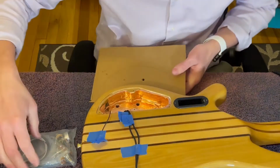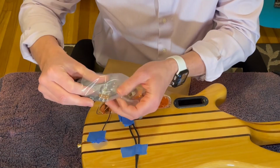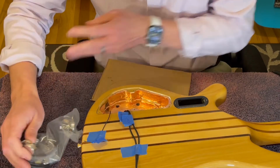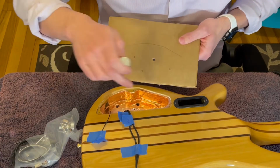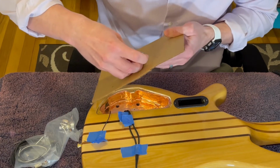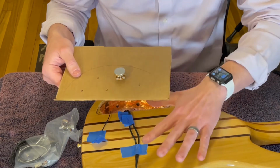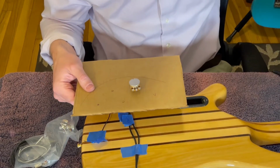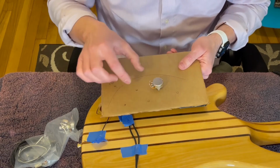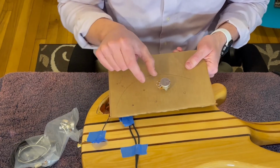and then I can go to my kit and pull out, I'm only going to have two pots ultimately, but I can pull out one of these pots, and instead of putting it into the guitar, I can put it here. I'm going to place it on the cardboard, and what this does is I can take the bass and move it off the table, and I can place these things and turn them so that they match up with wherever the diagram is, and I can cut wires and stuff,